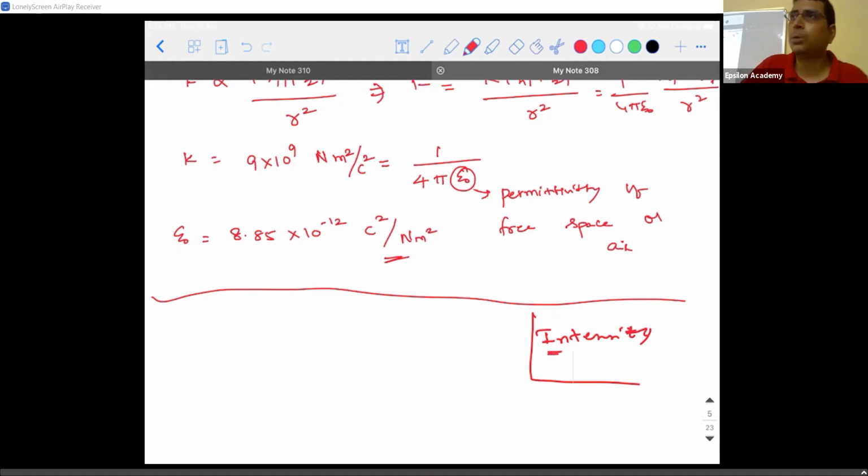For example, if I speak about intensity of light, if you have a room where there are two tube lights, if you switch on one tube light, you are going to have some intensity. If you switch on two tube lights, the intensity is more. So intensity has a definition like this: the amount of power radiated per unit area is what we call intensity. If you want, you can make a note of it. Intensity means the amount of power radiated per unit area.